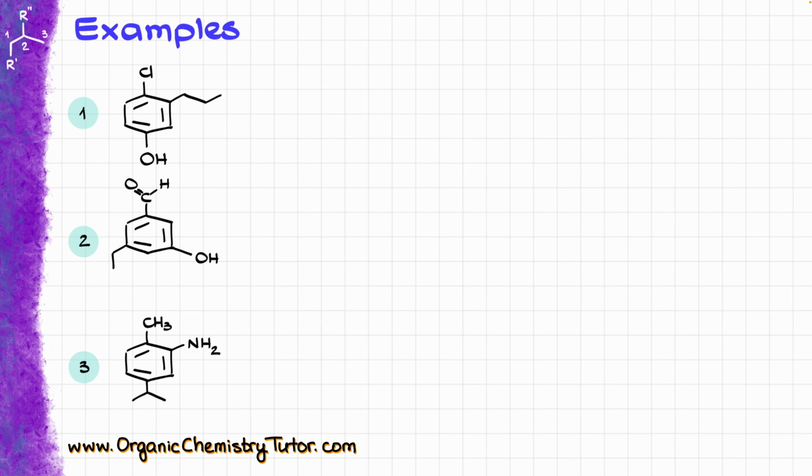In my first example, I have a molecule with the OH, we have this propyl group, and we have a chlorine. OH has the highest priority, so that one is going to be my carbon number 1. I will have to number my molecule counterclockwise in this particular case, so that's going to be my carbon number 2, carbon number 3, carbon number 4, like so. And so now when I put my name together, I'm going to end up with 4-chloro, 3-propylphenol as my final